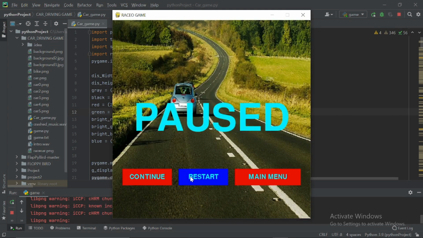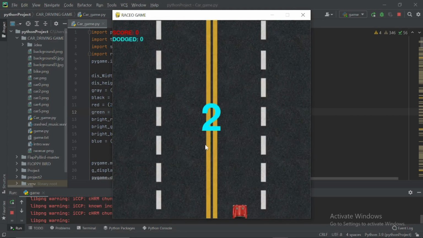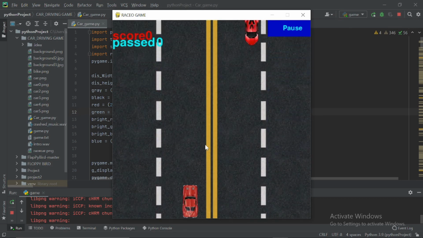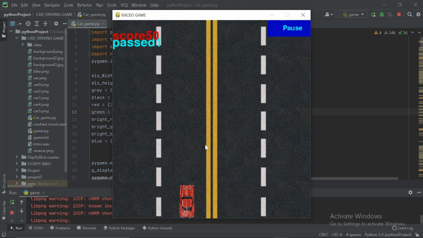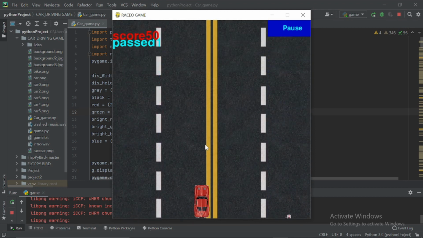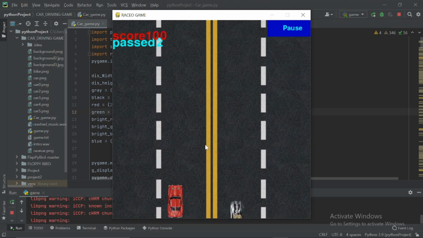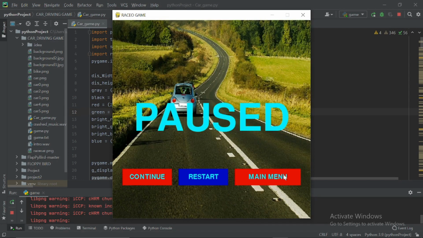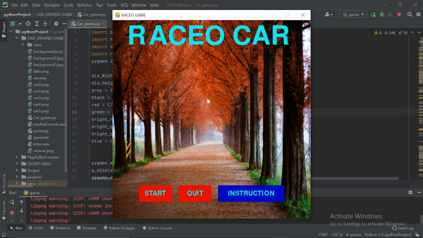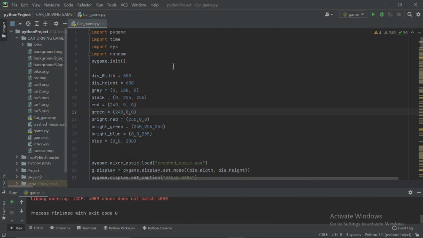this is a restart button. This is a main menu. Click on this. This is a main window. Click on the quit button. Finally, I will show how to download